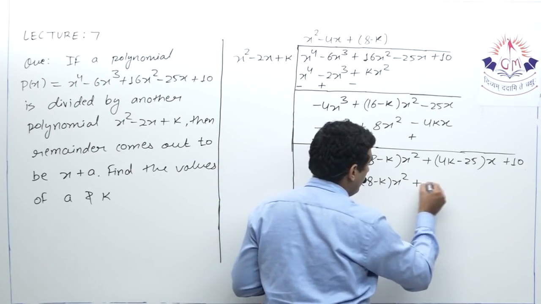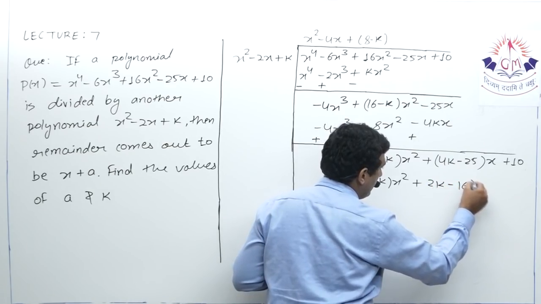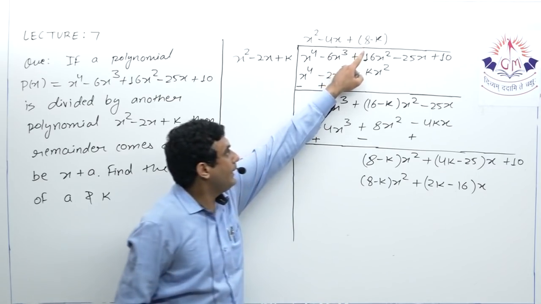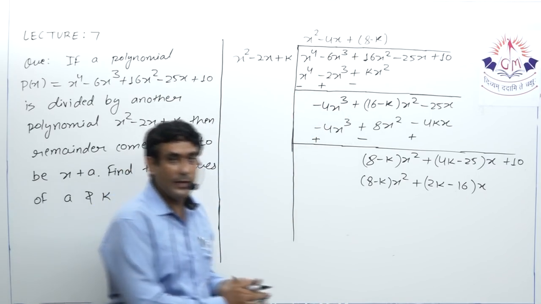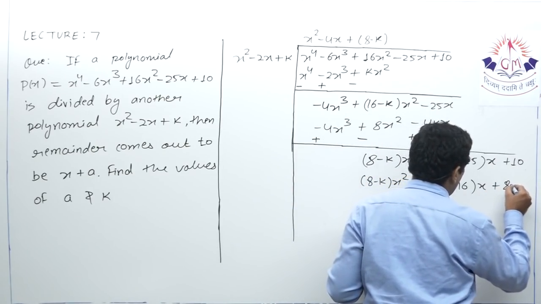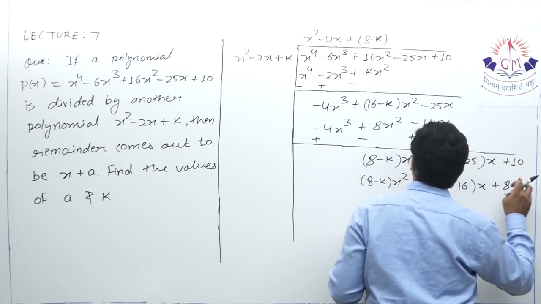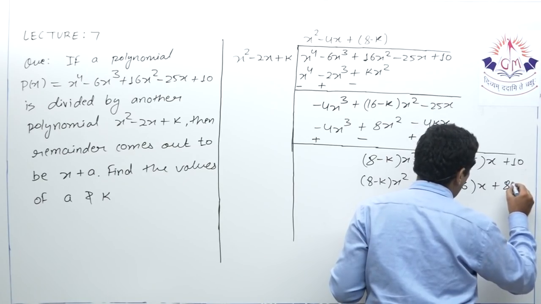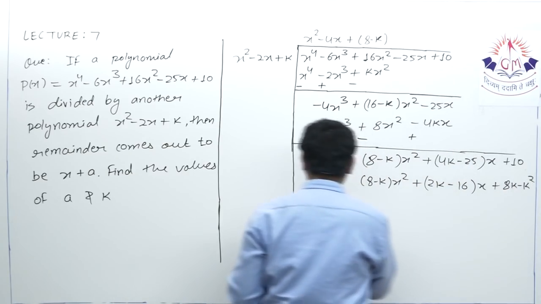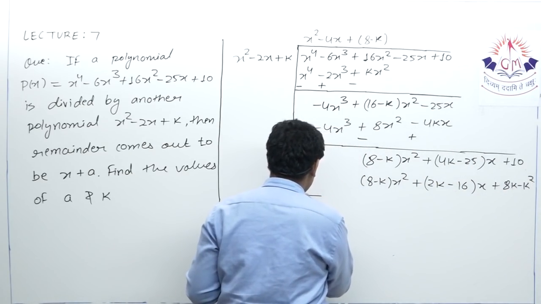Here I can write plus 2k minus 16 x. And finally, when I multiply 8 minus k with k, I will get 8k minus k square. Now on subtraction,